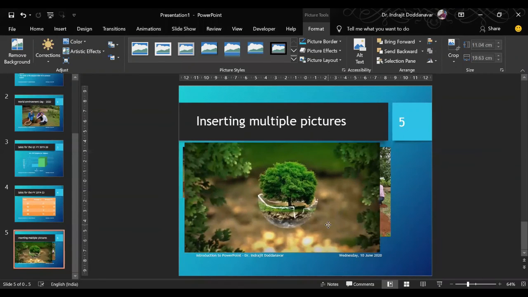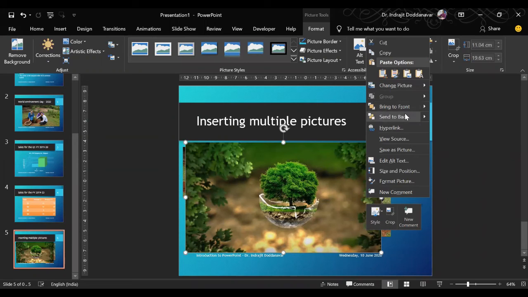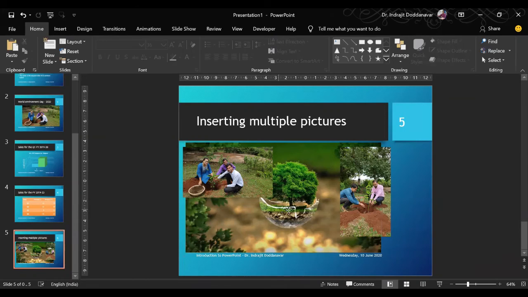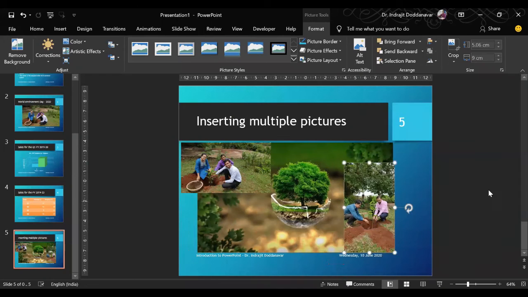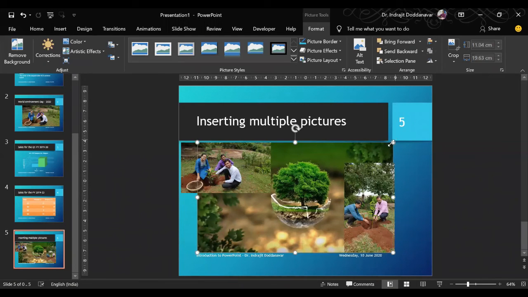So I need this picture as a background, but now when you see the earlier pictures I had inserted, the recent picture is overlapping them. So what I can do is right click it and say Send to Back. What this will do is send it to the furthest back layer, and whichever objects are behind the picture will come in front. So when I click this, you can see the pictures behind have come in front. Okay. So you rearrange this, and you rearrange this. Fine. So this is how you can put multiple pictures. And also I would like to show you something.